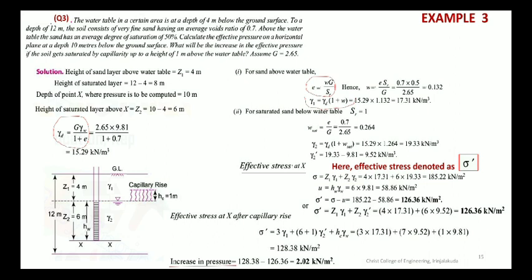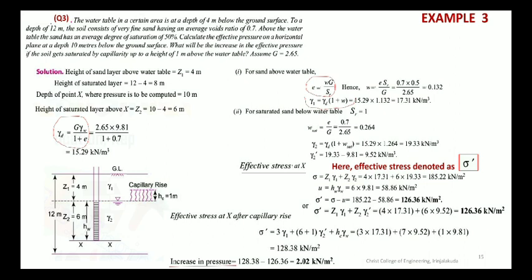So we shall move to the answer, or how to solve it we shall see. So we have to find out effective stress. What is the formula? Effective stress is equal to total stress minus pore water pressure, and we need the height of each layer which is having any difference, like in terms of type of soil, or in terms of unit weight. So also the height of each layer. So these are the two things that we require: unit weight and height. So just see whether the unit weight and height values are given for each layer.